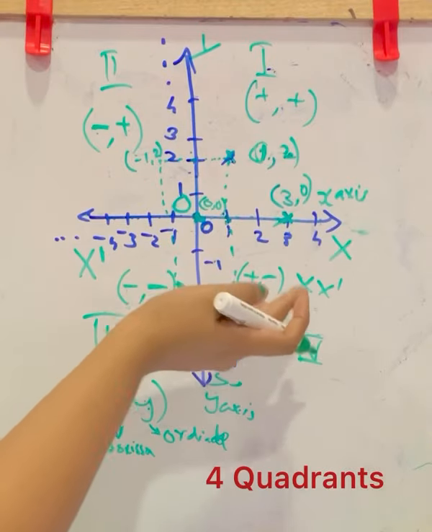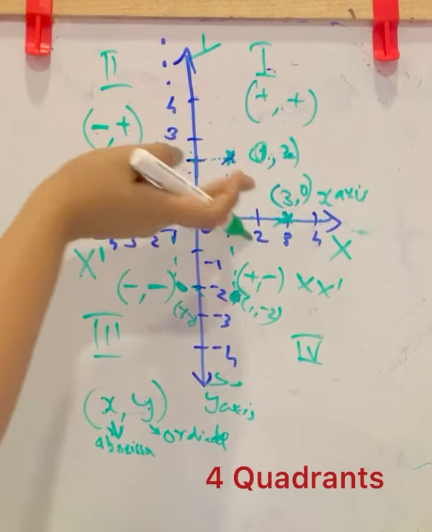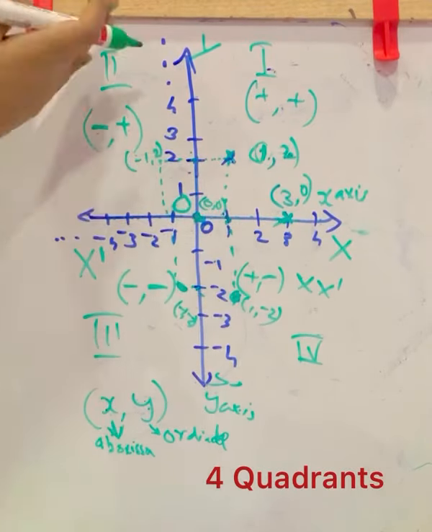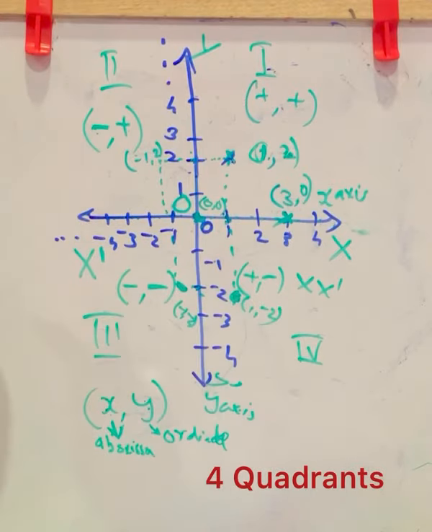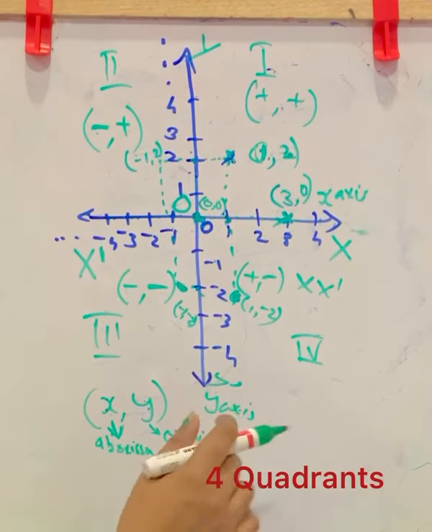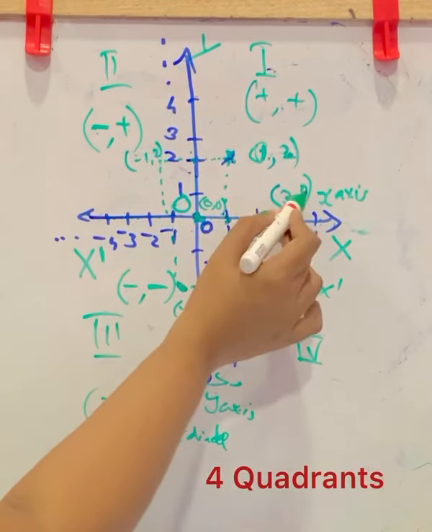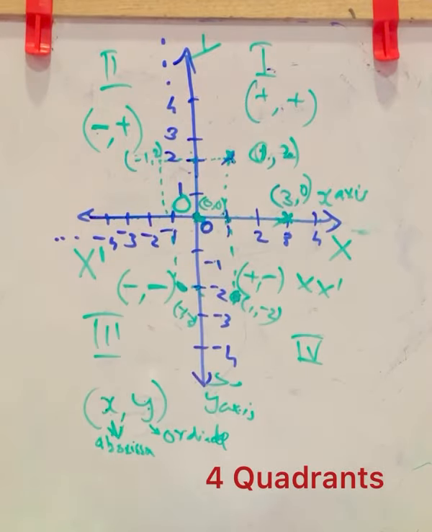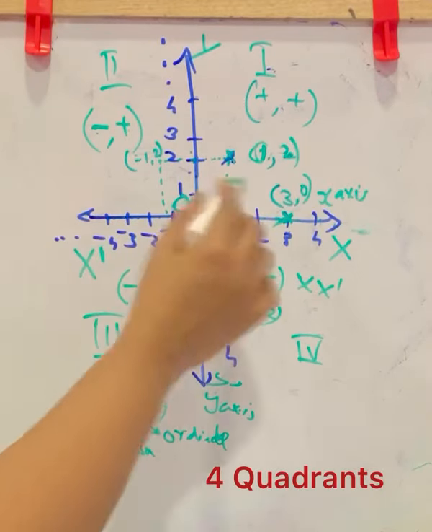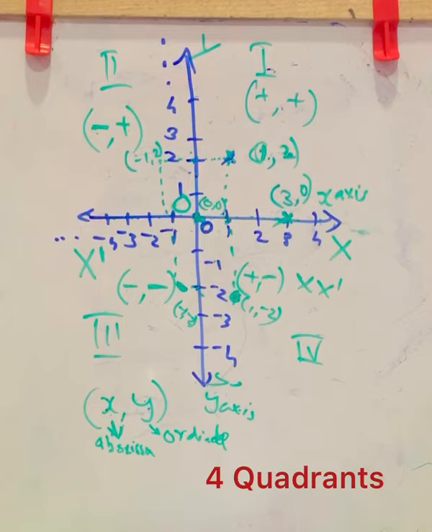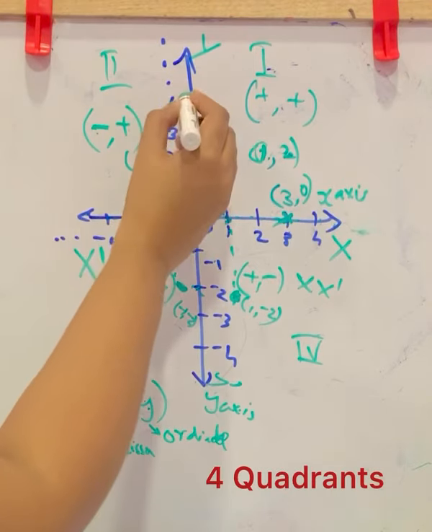Here also a negative value for y. In both the first and second quadrants, if it was lying there, we have positive values for y. But if it is lying on the x-axis, it is neither negative nor positive, but it is 0. So for a point lying on the x-axis, we have only the x coordinate, and the y coordinate will always be 0. Now what about a point lying on the y-axis?